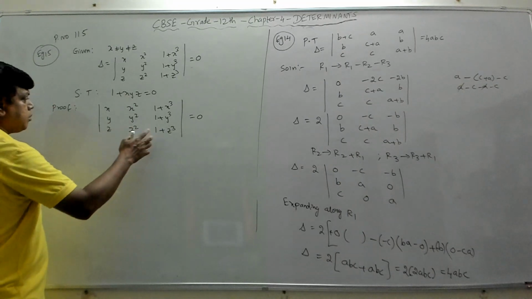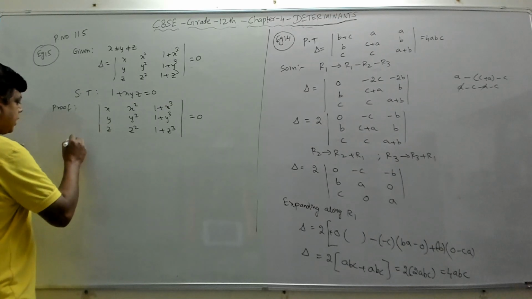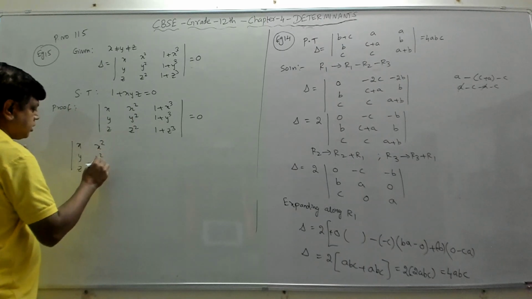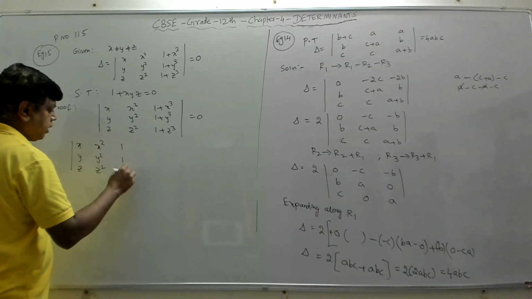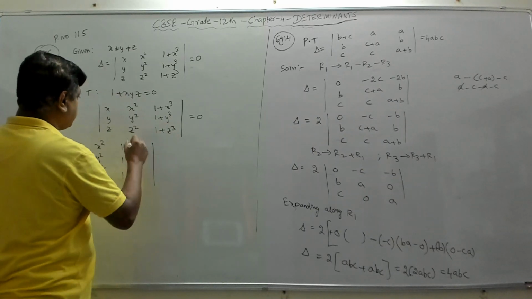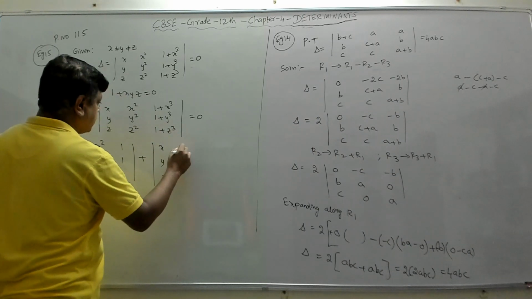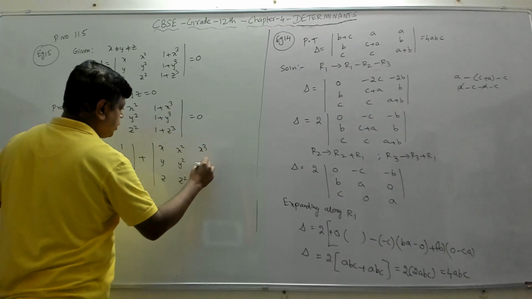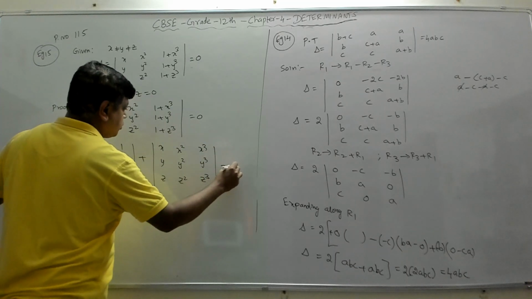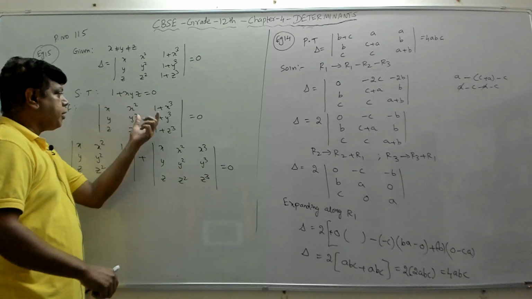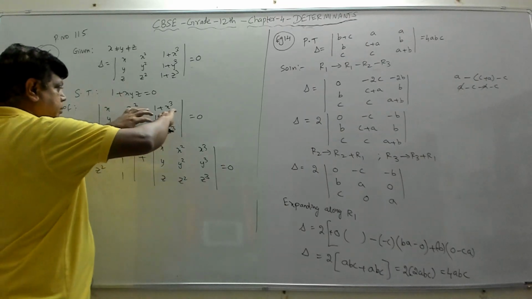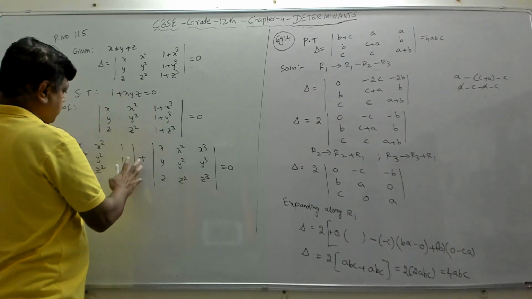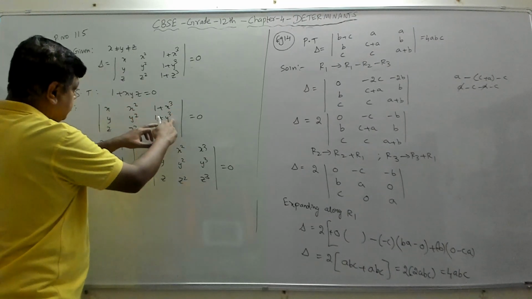So using that property, we can break this into two determinants, which means I can write this as x, y, z. Second column also no change. Third column will become 1, 1, 1 plus, I'm going to break this. Then this is x, y, z, x square, y square, z square, then x cube, y cube, z cube, equal to 0. So if a particular row or column has two terms, then you can break this into two determinants. This x, y, z, x square, y square, z square, 1, 1, 1 as one determinant, then x, y, z, x square, y square, z square, x cube, y cube, z cube as another determinant.